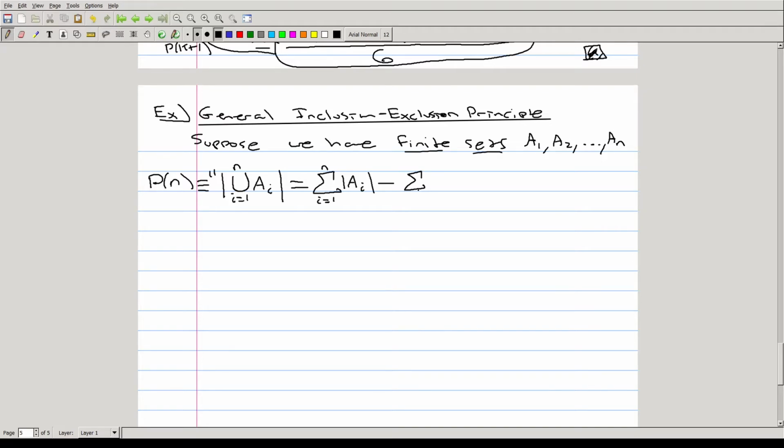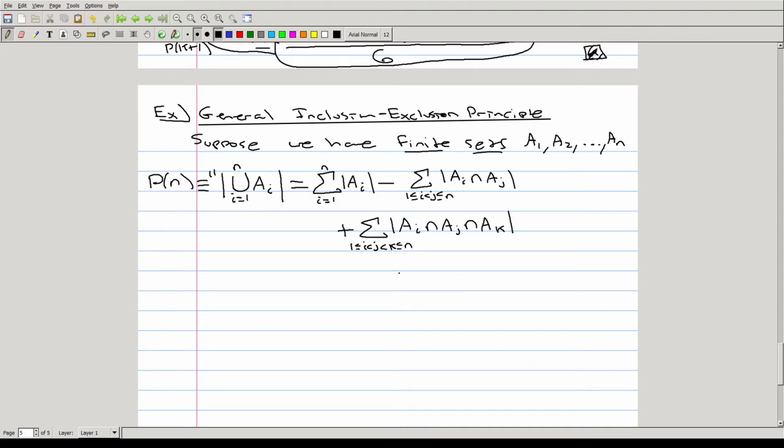minus the summation over i and j, double summation, and we're only going to have when i is less than j because we don't want to double count any of these intersections. But it's a summation of the cardinality of the intersection of Ai with Aj. But then we have to add back in the so-called third intersections, which is going to be the summation. It's actually a triple summation over i, j, and k of Ai intersected with Aj intersected with Ak,